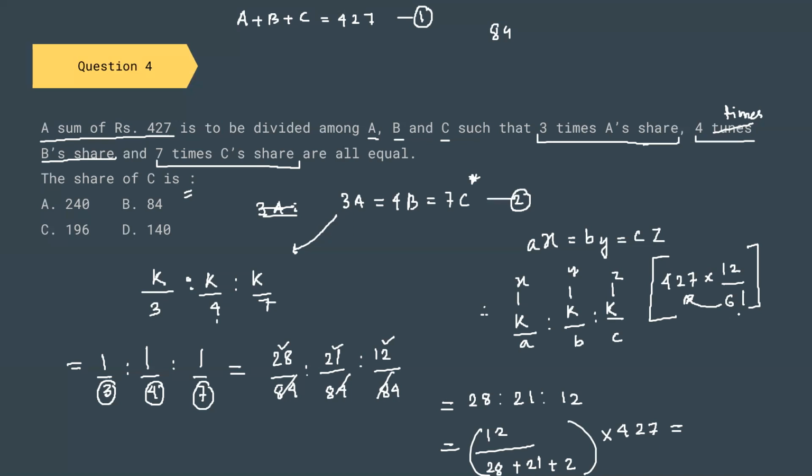The only number that can divide 427 completely is 7. So let us just take this hunch and multiply 7 with 61. 7 times 1 is 7, and 7 6s are 42. Yes, we are getting 427. So I'm just going to simplify this one. This is 1 and this is 7. The equation becomes simpler. So this is 7 into 12, and 7 into 12 is 84. So the total share for C is 84.